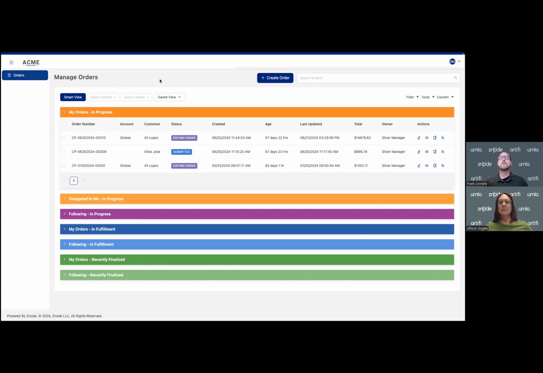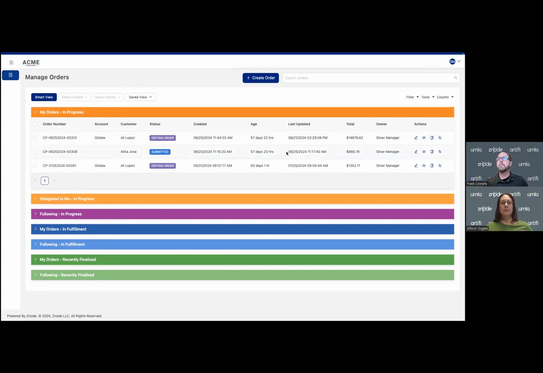All right, so this is essentially the landing page or the view that you're going to see for the things that are loaded into the commerce portal. Right now we're just seeing orders, but on the left-hand side, you can imagine if you had orders, quotes, pending orders, or access to other information that you're pulling out of your ERP or a CRM, tabs can be added here, and then additional screens can show up, right? From the order standpoint,